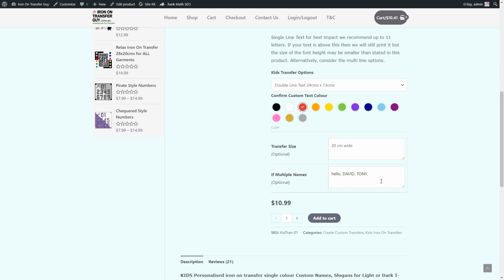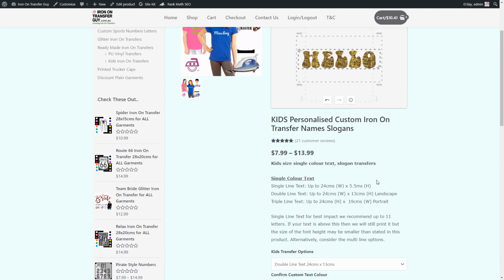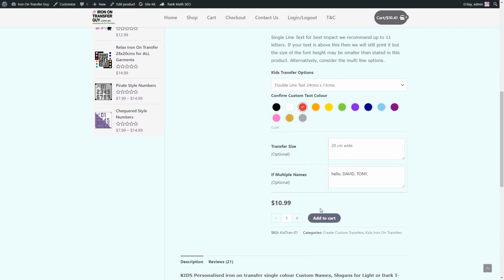You just keep putting all your names in. If you wanted 10 names, then you put your 10 names in there, including the one that you put up here. And then all you have to do is add this. We've got 3 in here, so I'm just going to add that. Okay, and that will then change the price, because obviously we get a discount because we've done more than one name. Then all you need to do is add it to cart,